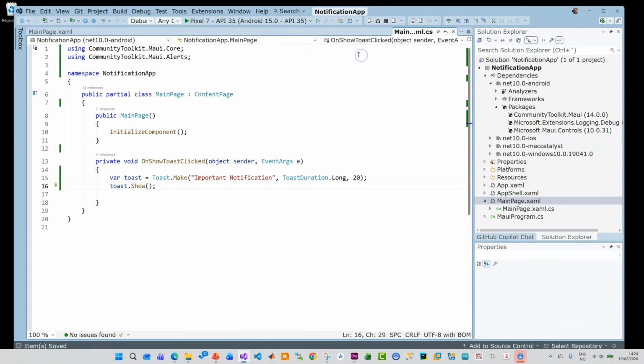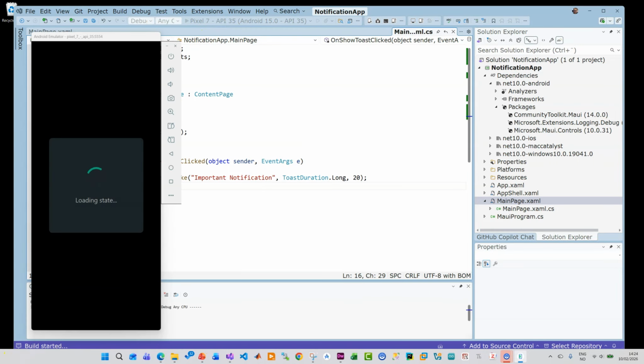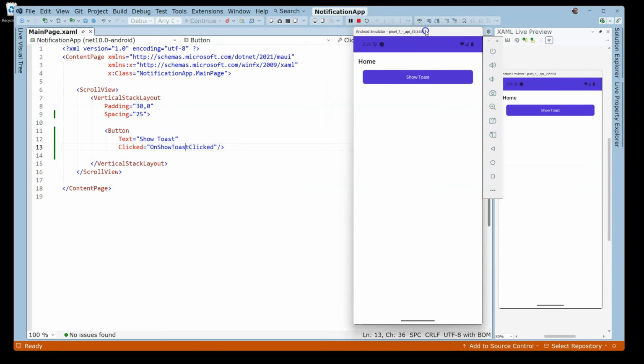I can use this one and then just click here in order to start the application itself. So just wait a few seconds in order to open the application. So then after a few seconds the application is up and running in this Android emulator. So the user interface is just one button that you can click on to show the toast. So then I just click the button and then you see the toast is popping up here in the bottom